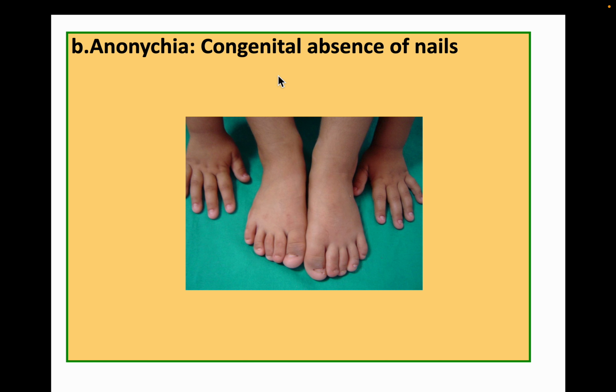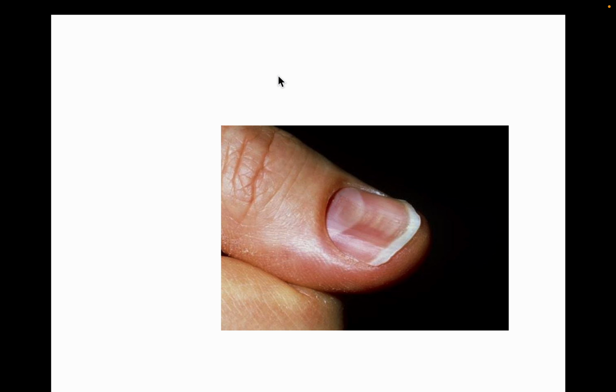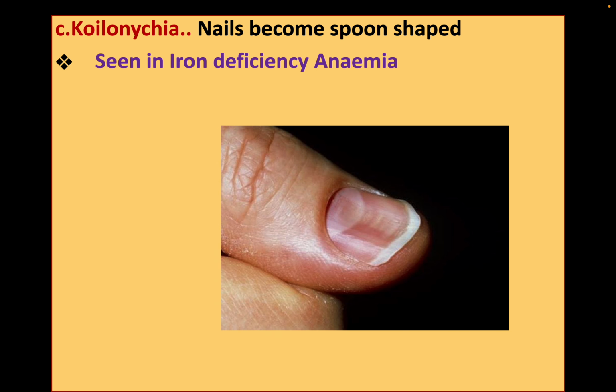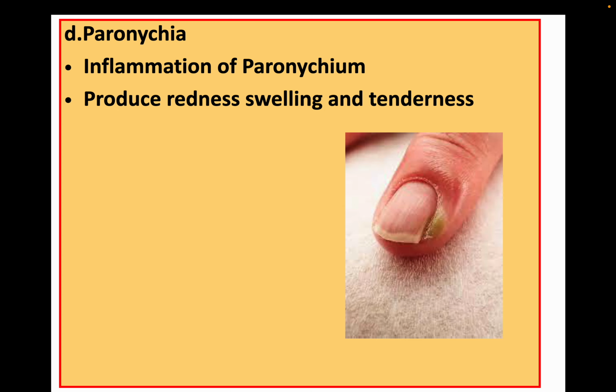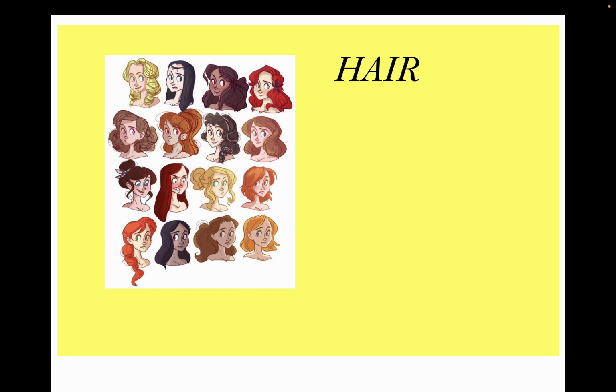Anonychia is the congenital absence of the nails. Coming to koilonychia, nails become spoon shaped, seen in iron deficiency anemia. Paronychia is inflammation of the paronychium. You can see here. It produces redness, swelling and tenderness. Coming to the next